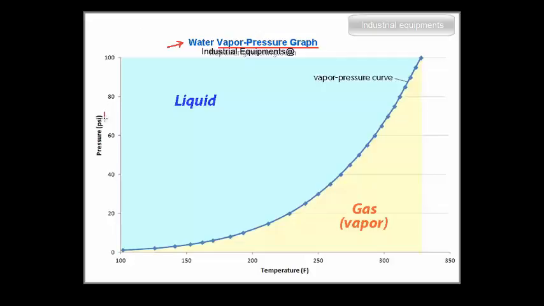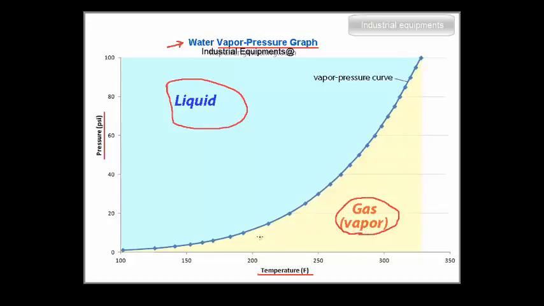Notice the vertical axis, or the y-axis of the graph, is used to plot the pressure of the water, and the horizontal axis, the x-axis, is used to plot the corresponding temperature. Notice that this upper portion of the graph is labeled as a liquid, and that this lower section is a